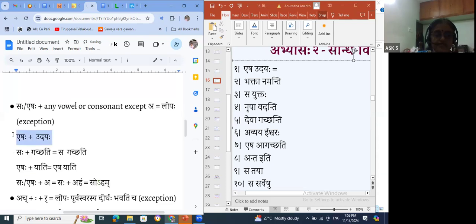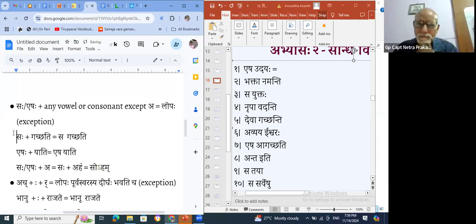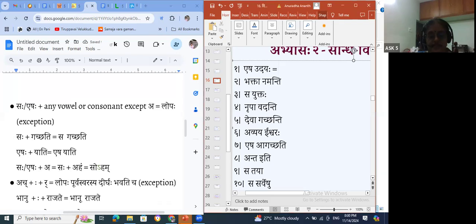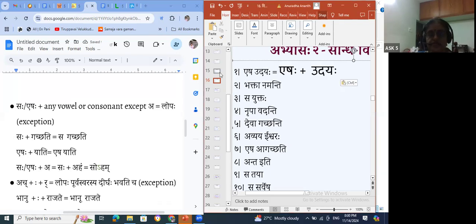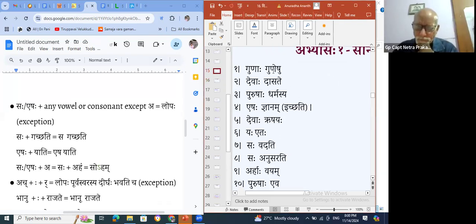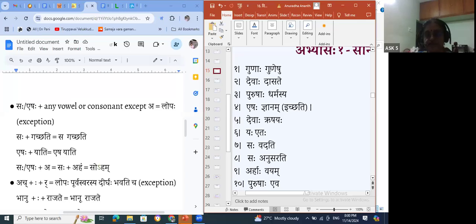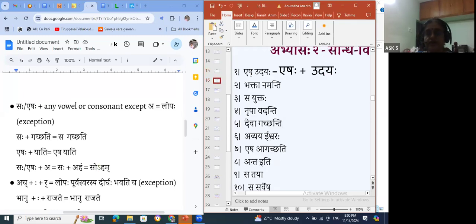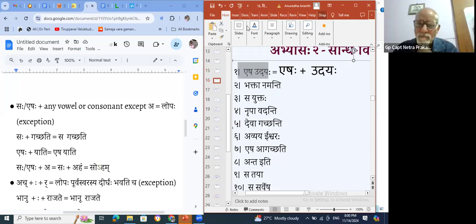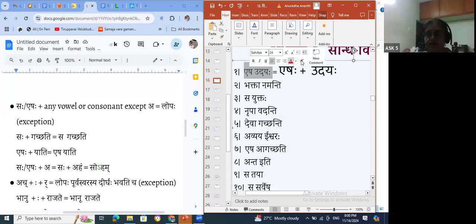Last slide we made the sandhi. We joined these two words to make a sandhi. Although Lopa happens, we still say we have made a sandhi. Lopa doesn't mean we have not made a sandhi. Sandhi has happened; that's why Lopa has happened. Here, sandhi has already happened, and now we are making a split between the words. Am I clear or am I confusing you? Clear.